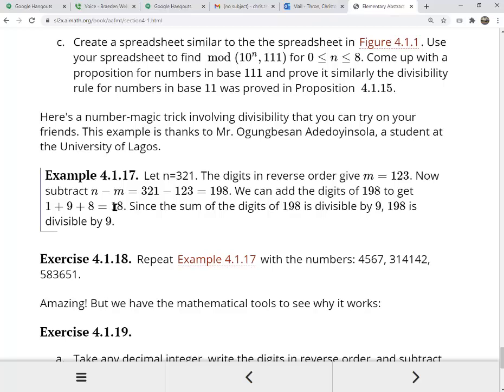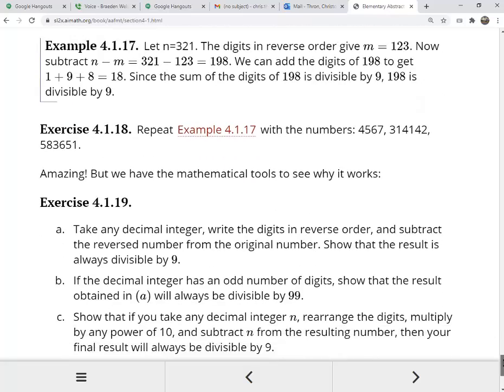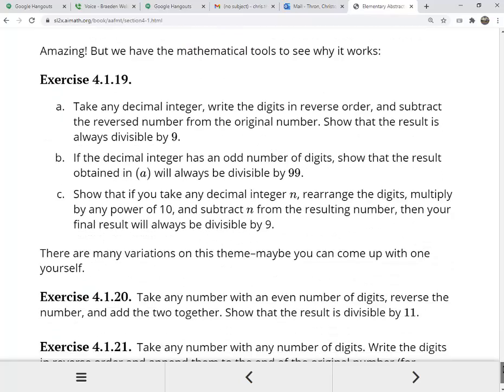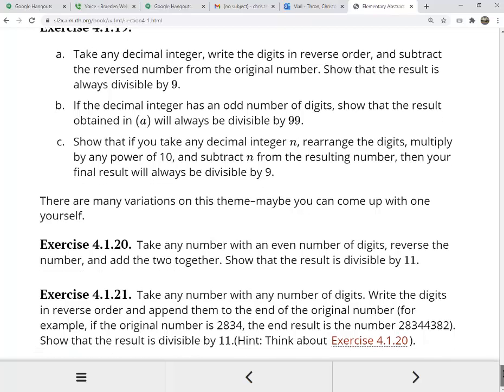So no matter what you do with any set of digits, you can reverse them, subtract, and you get a number that's divisible by 9. Okay, and now we know why that works. So that's a party trick you can try on your friends. There are other tricks as well that you can do with 11,